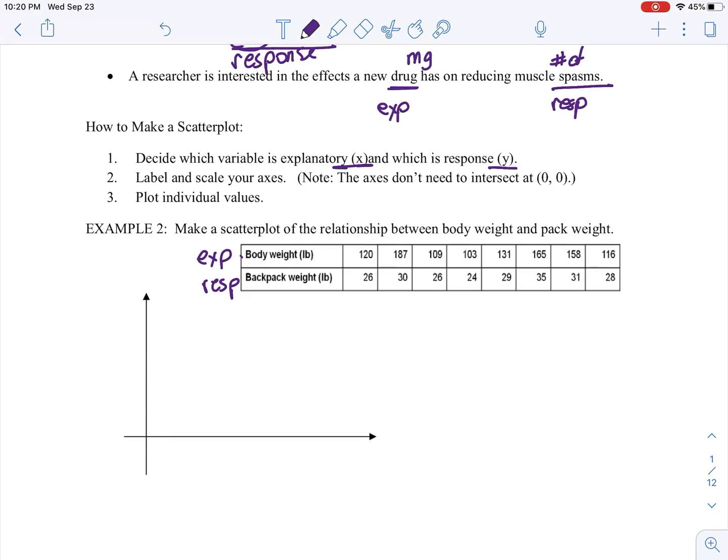So again, we have to label and scale that axis. That's going to come back to the cheap points, as I like to call them. Scaling sometimes becomes an issue. We could start this at 0, but then my scaling is going to get way off if I don't start until I get out here to 100. And if we had to wait till we get out here to get to 100,